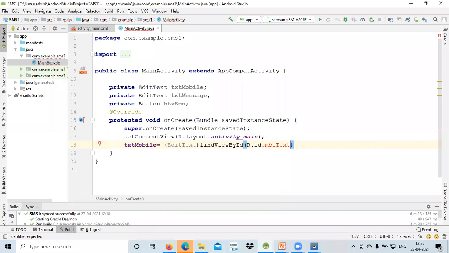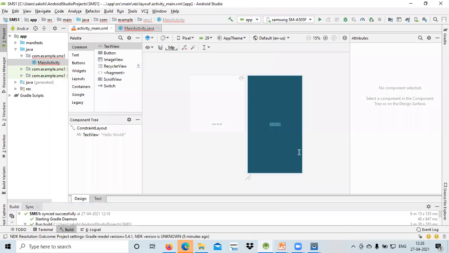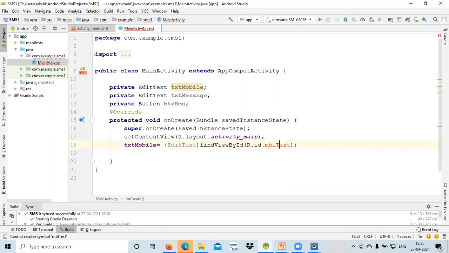Okay, and so we can see over here that we are using text mobile basically. I think I haven't given the name for that XML part, so that's why it is giving you an error. So we are having that mobile text over there, and next we are having that message over here, text message.